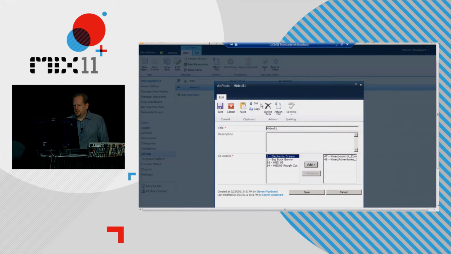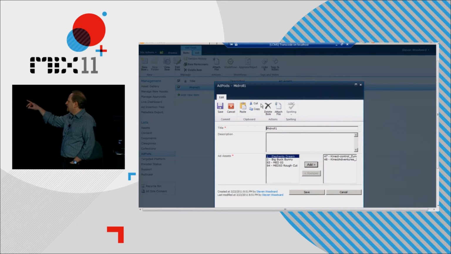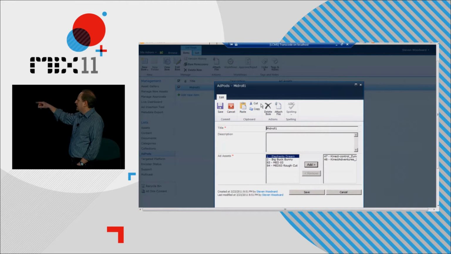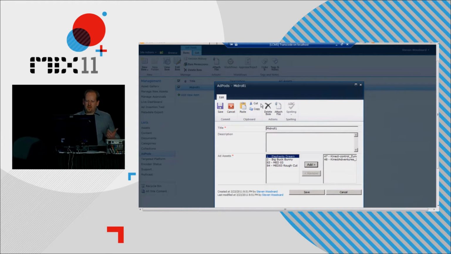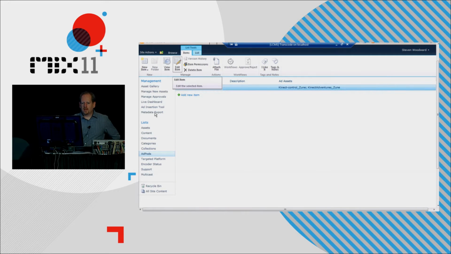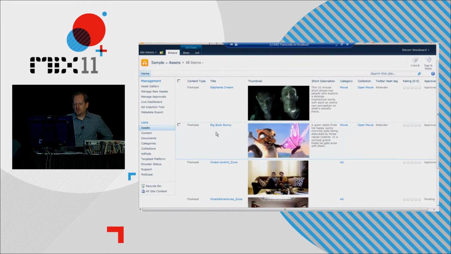If we take a look at this, we can see that right now this ad pod is defined as having the two connect ads in it. The other assets that are there, I could just pull those across, and we could insert those if we wanted to. I'm not quite sure what happened to the one I dropped on Transformation Manager earlier, but that should have appeared by now. And, okay, so once we've created an ad pod, we go into an event,